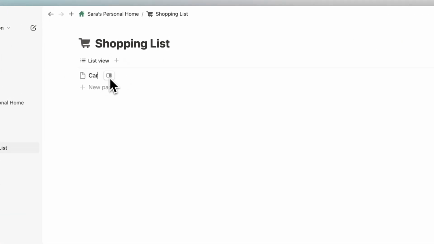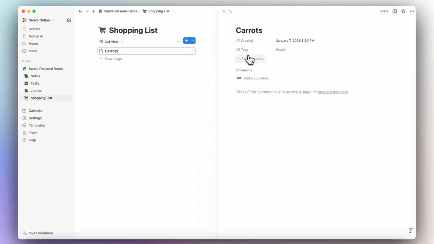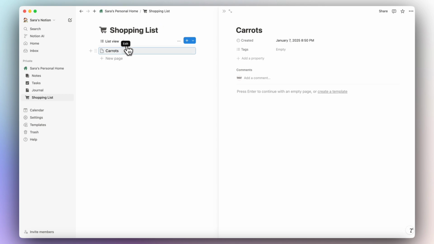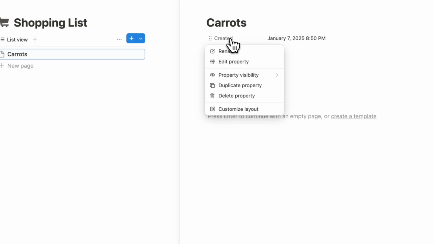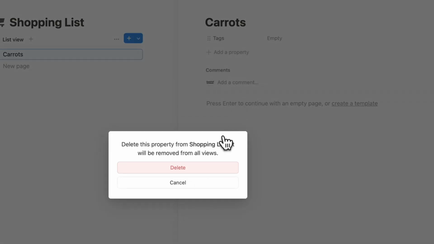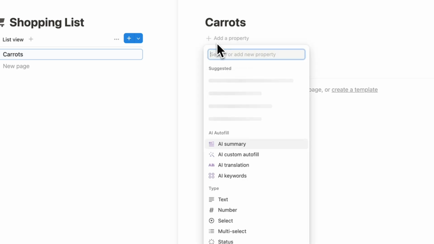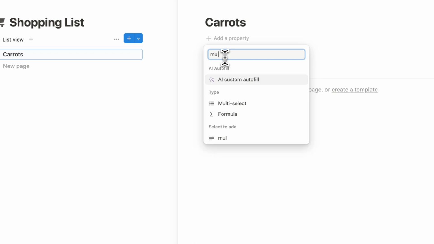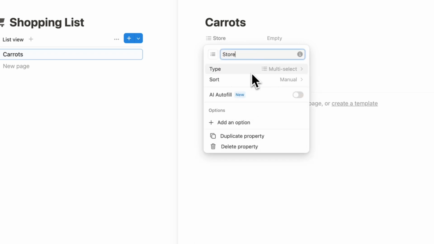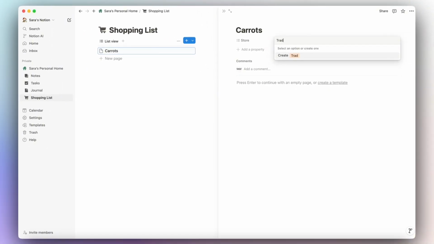I need to buy carrots. Then what I can do is open this up, and then I can edit the properties. So since I created the list in the other section, it already pre-filled some of the properties. I don't want these, so I'm going to click here and delete property. I'm going to click here and delete property. So instead, I'm going to plus add a property, and this property is going to be a multi-select where I can choose store. So let's say that this one is sold at Trader Joe's,